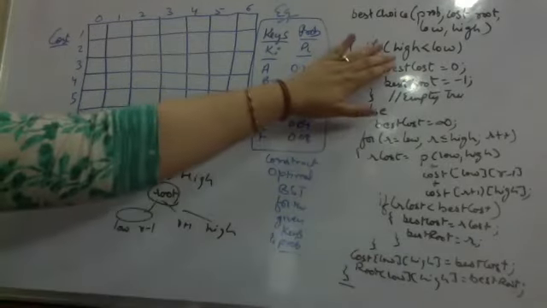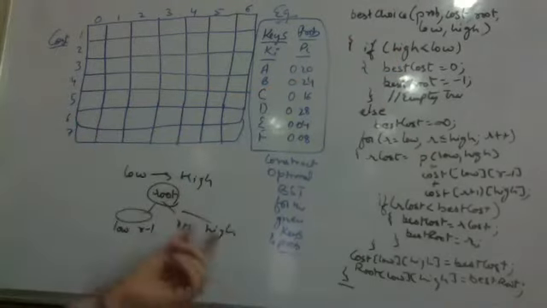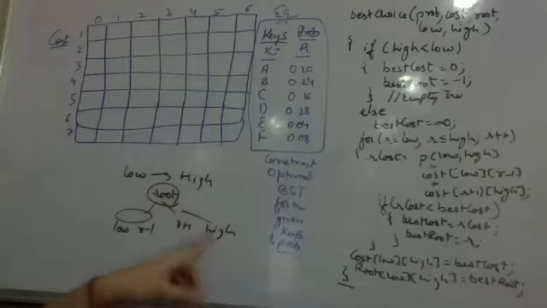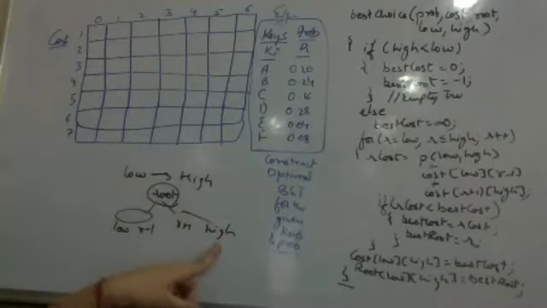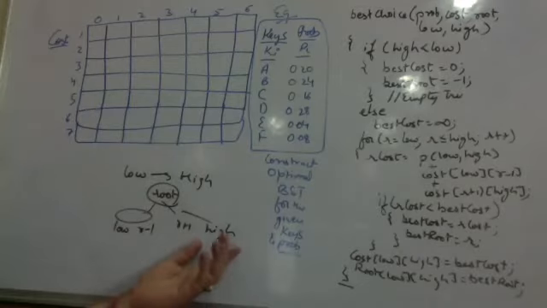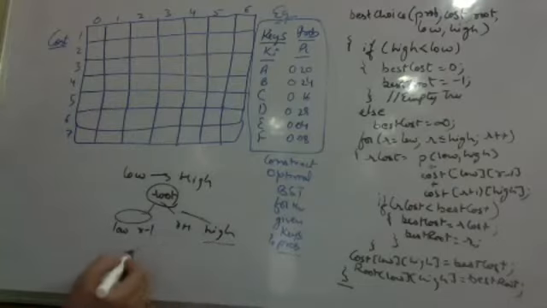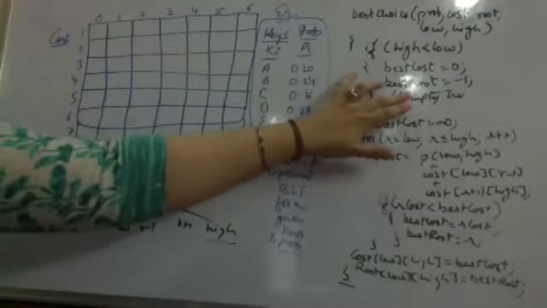My best choice algorithm says, in case my high is less than low, the tree is empty. Since it's a binary search tree, the condition has to hold that the parent is greater than the left child and less than the right child. Automatically all the right children have to be greater than the left children. So in case high is less than low, a tree is not possible and I have an empty tree. For an empty tree, the cost of searching is 0 and the root of an empty tree is taken to be -1.